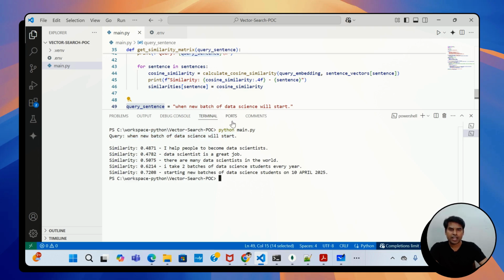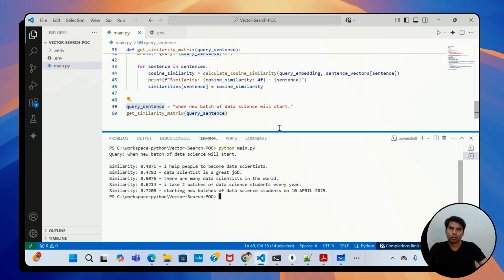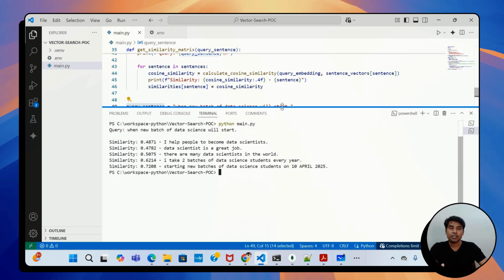And this logic has done the search against all the sentences. These are my sentences in the database. So it is trying to find the distance between my query and each sentence. The cosine is giving me this distance, 0.48. So how does cosine work? The cosine value is between 0 and 1. If it is tending toward 0, near 0, then the similarity is